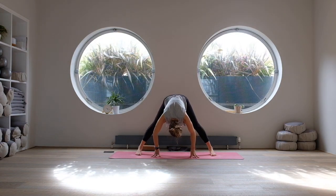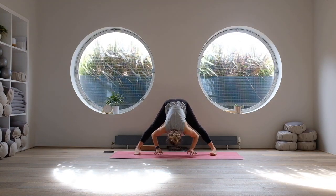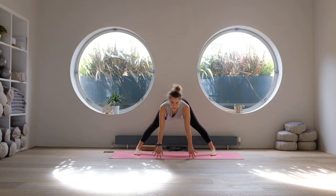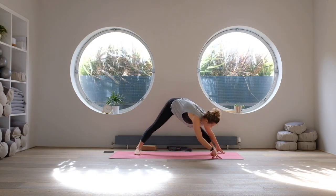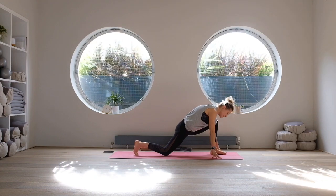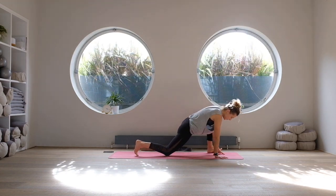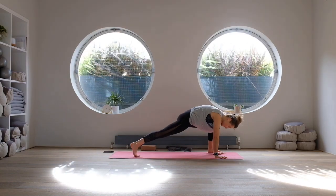If you're in your tripod headstand, I want you just to slowly come out the way you came in. Everyone else, you're just going to take an inhale, look up, lengthen, halfway lift. Exhale, soften and fold. Walk your hands round to the left foot at the back of the mat. Your choice of lizard. So you might just move the left foot further out to the left-hand side of the mat. You can come onto forearms, you can use blocks,